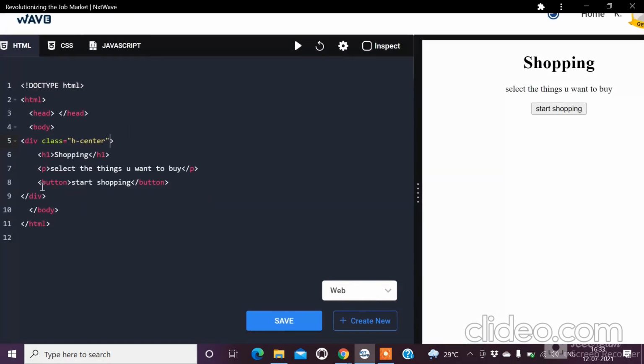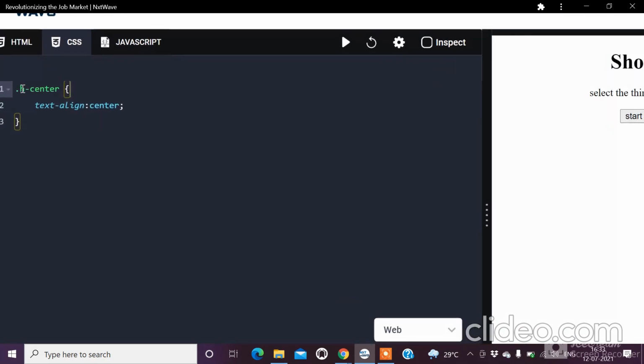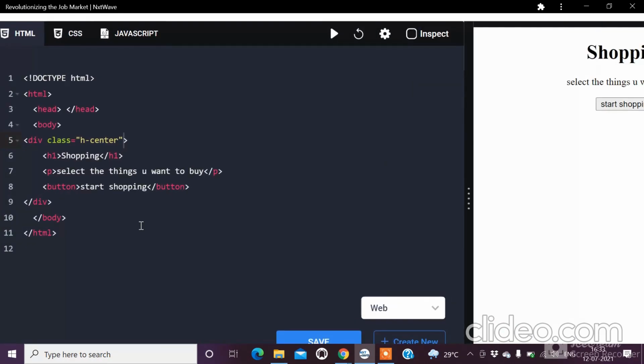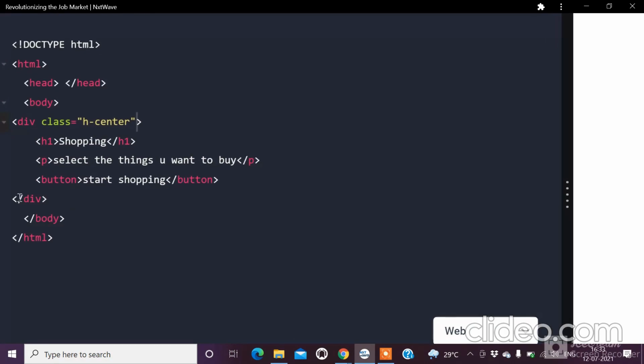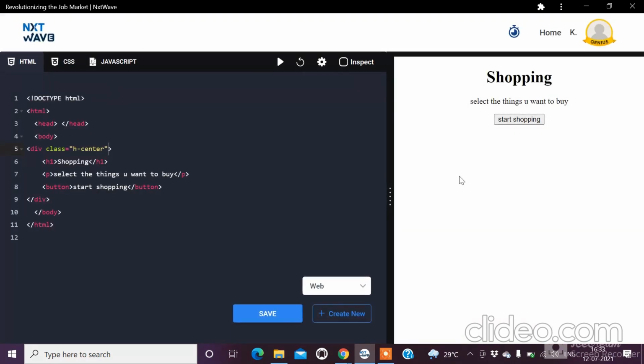For closing you have to remember one thing. Two things are the main points. The first is that the CSS starts with a dot. If this dot is not there, there's no value for the CSS file you have created. For HTML you have to keep the forward slash while closing. Div with a forward slash is a requirement. It must and should be there.